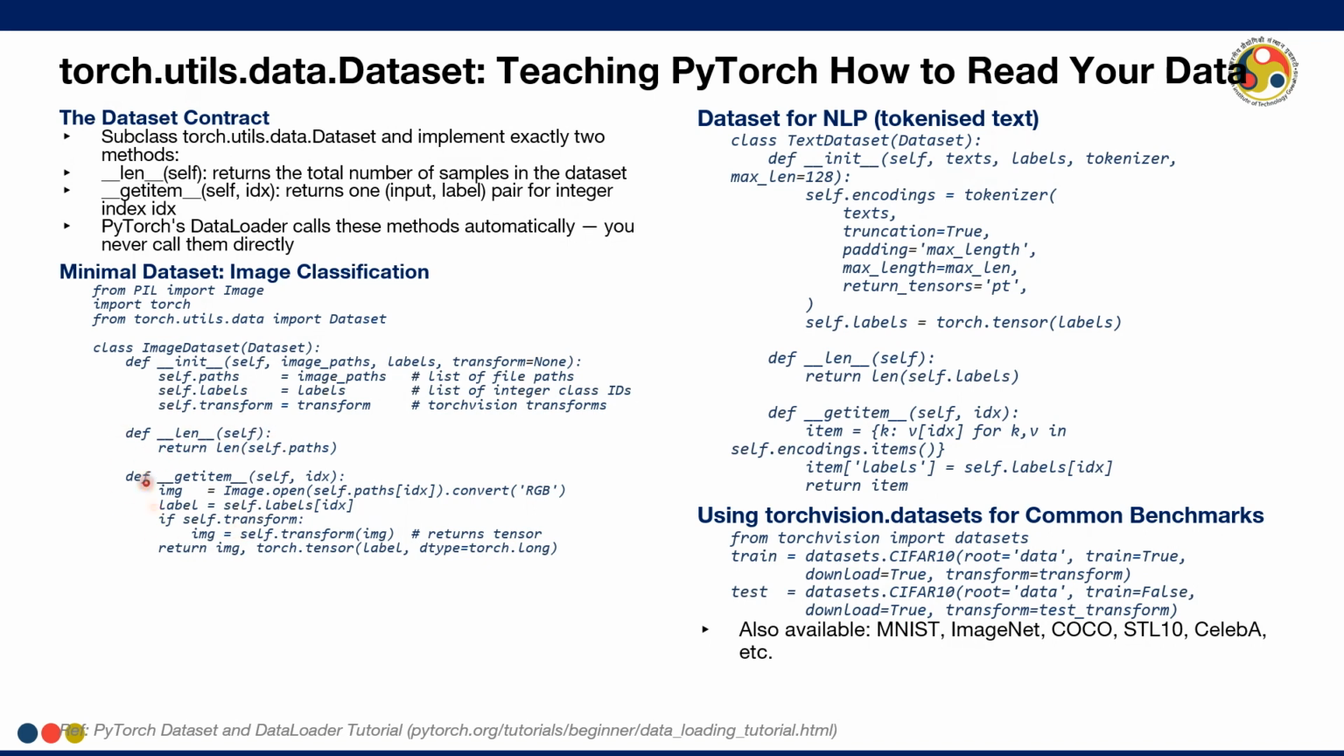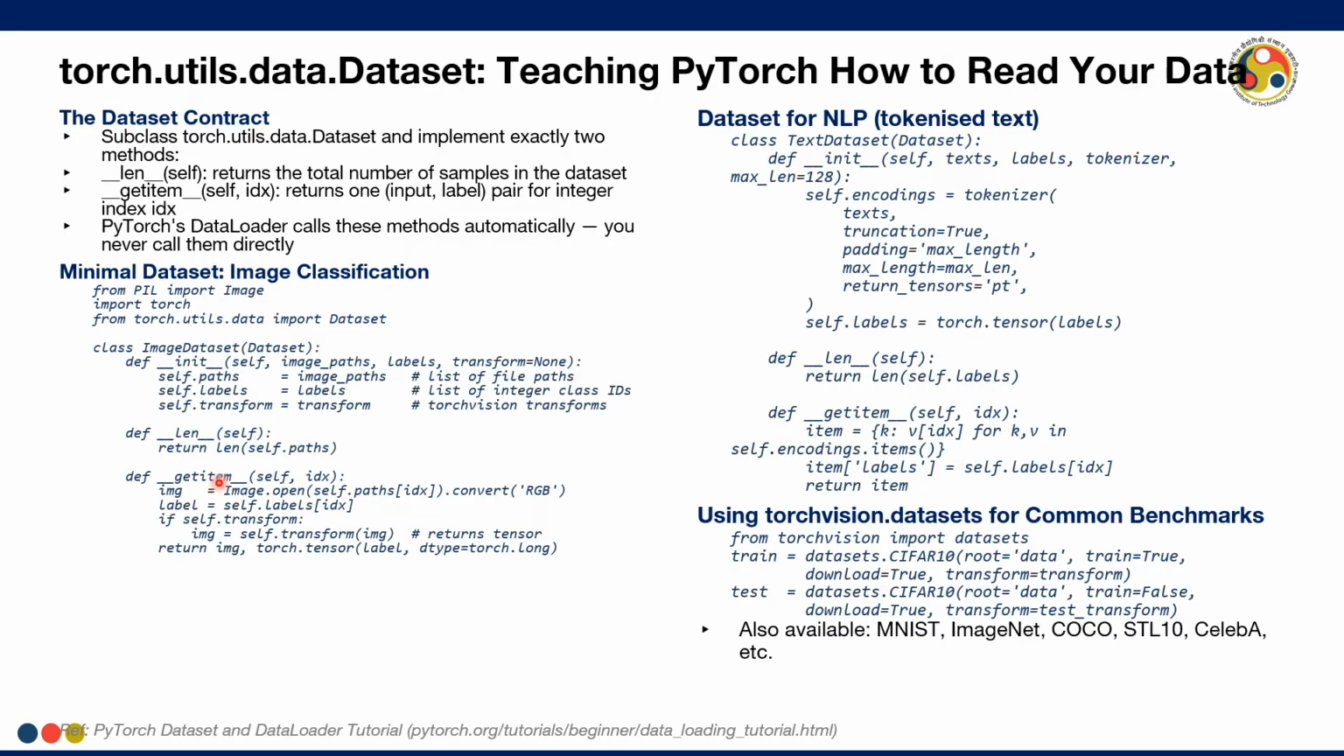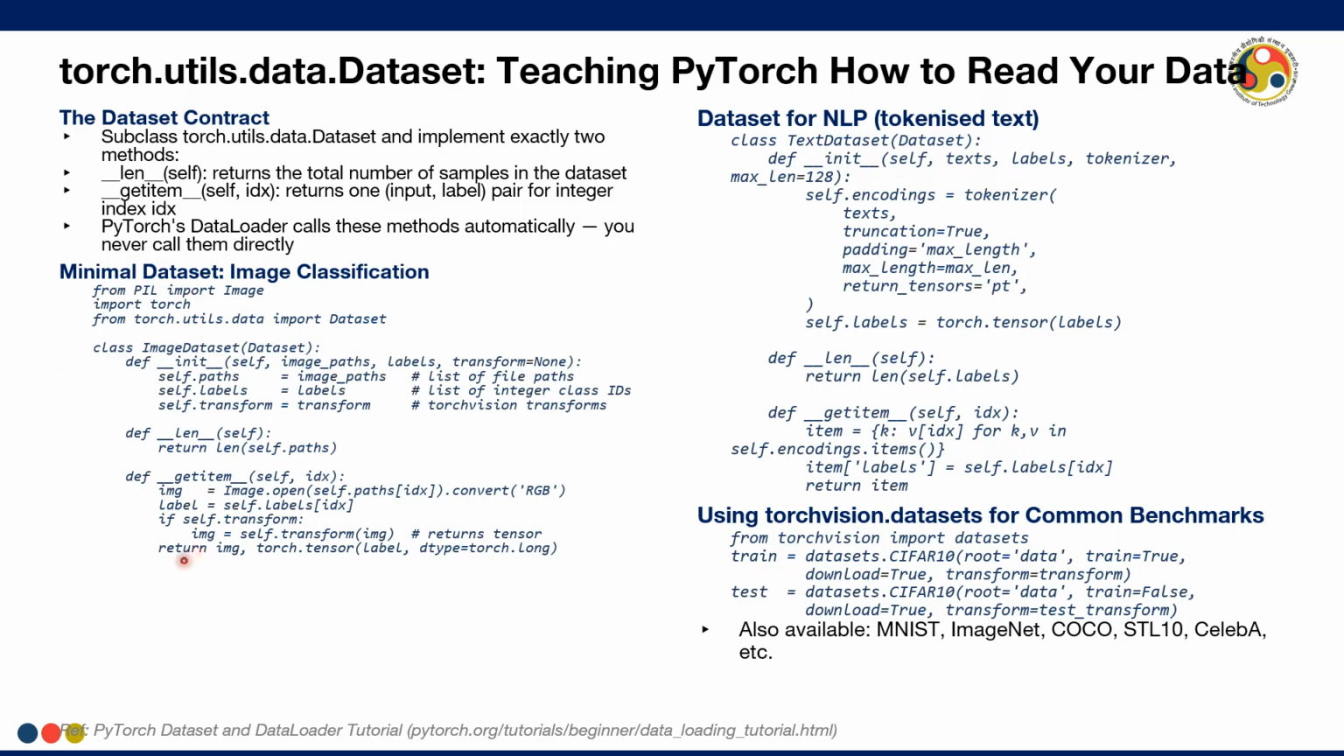So this is how these two methods will work, and you can formulate your own custom len and get item method for your custom dataset. This is one such example you are seeing for image classification, and here you are seeing another example for an NLP task where we need a tokenized dataset. You can see that len is returning the number of samples that are there, and then get item is taking the item